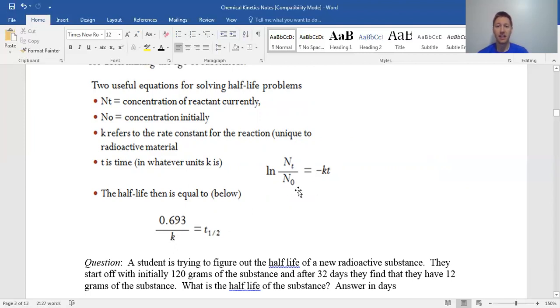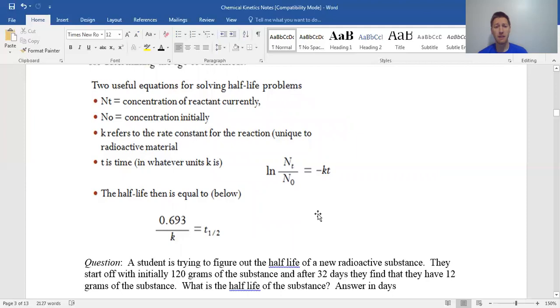This equation here lets us figure out how much we have at different times based off the time. So the N_t, this is how much we have currently. So after some amount of time, how much do we have of the radioactive substance, or how much we have of the material. The N with the notch, N naught, is the initial concentration. This k, again, is the k constant that goes down here as well. This is the same k. That's just how fast it is. So the bigger the k, the faster it decays. And the t is going to be how long it's been. This t is different than this t down here. This t is the actual time. This is just the half-life time.